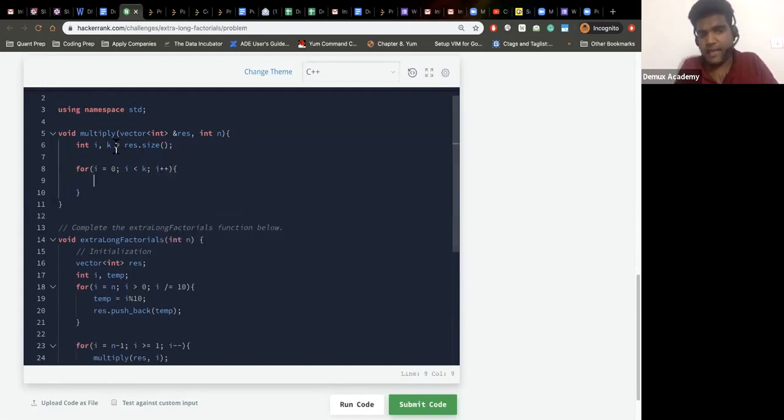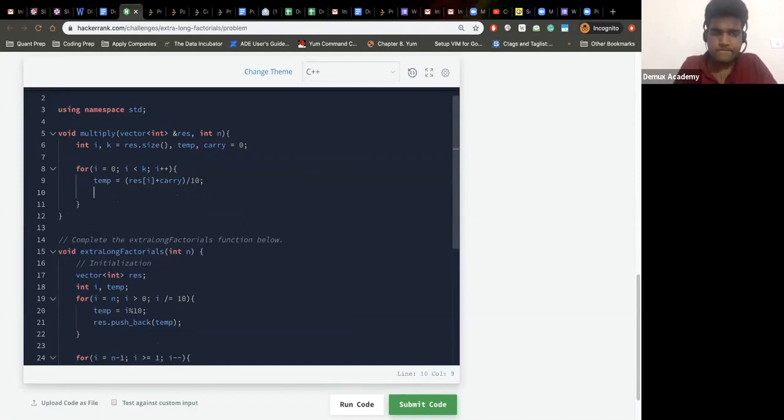I have to multiply that cell with n, right? So I would need two variables, temp and carry. So if you remember, temp will become nothing but whatever you have plus carry by 10, and carry becomes, sorry, this will become basically,